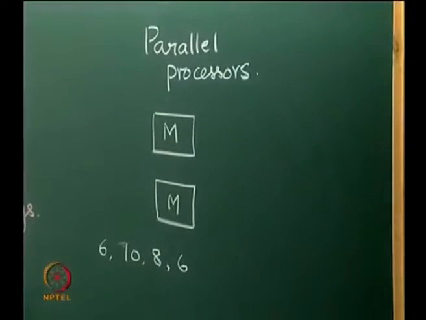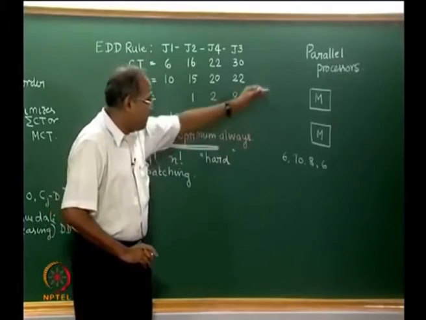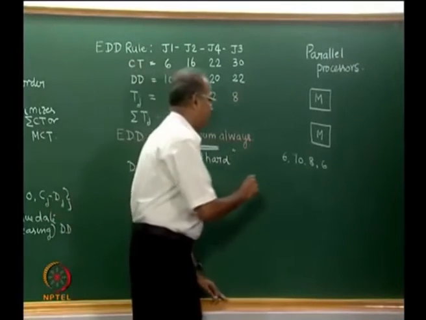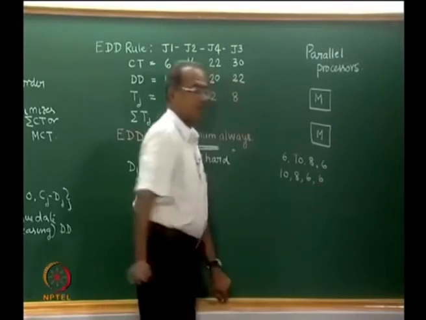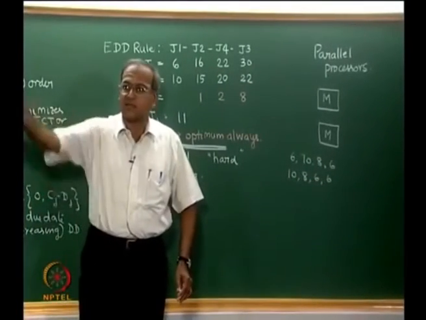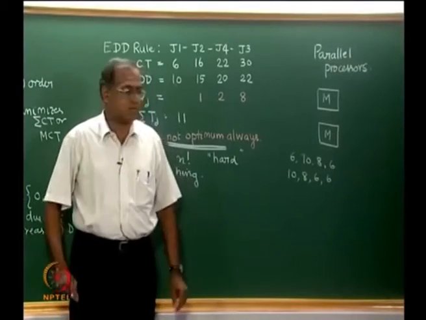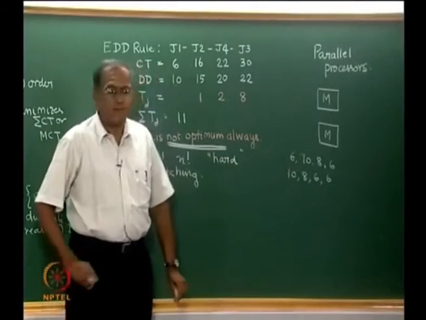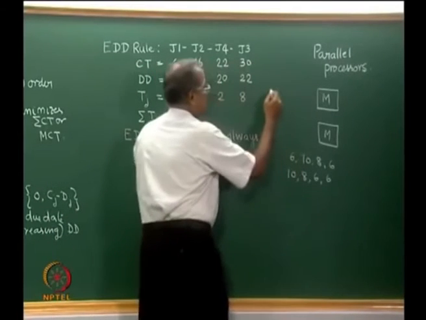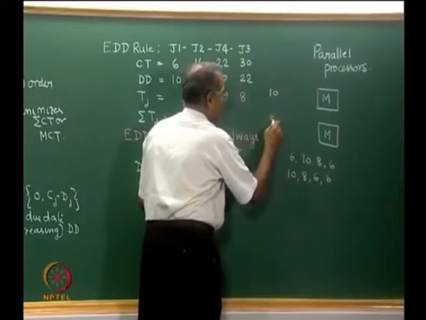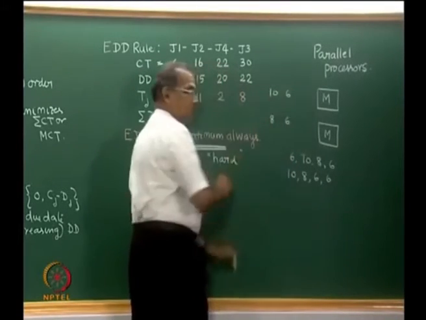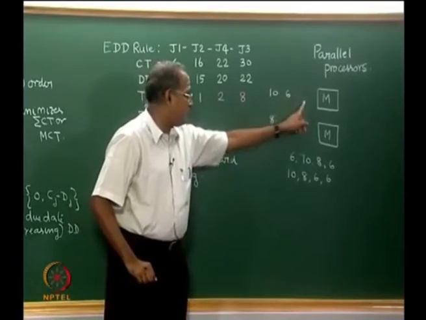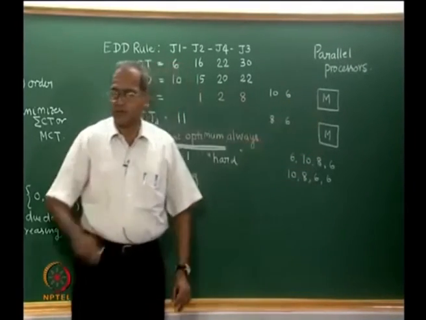Here again one can show that the problem of minimizing make span becomes hard and difficult. A simple rule that is often used is LPT, which means arrange them in the non-increasing or decreasing order of processing times to get 10, 8, 6 and 6, and start allocating them to the two machines this way. So, 10 goes here, 8 comes here, the next 6 will come here and this 6 will come here. If there is a fifth job, it will go here, the 6th, 7th, 8th and so on.